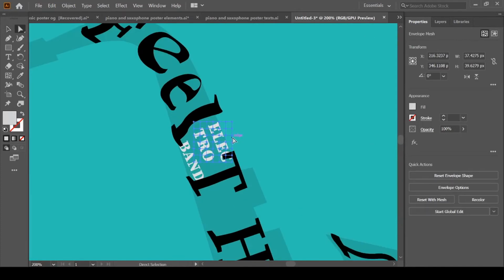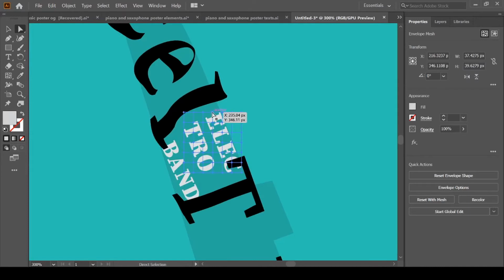Then just grab the direct selection tool, A for direct selection tool. Select the individual anchor points and make the adjustments. Make sure whenever you make the changes, you do the changes in an even manner.